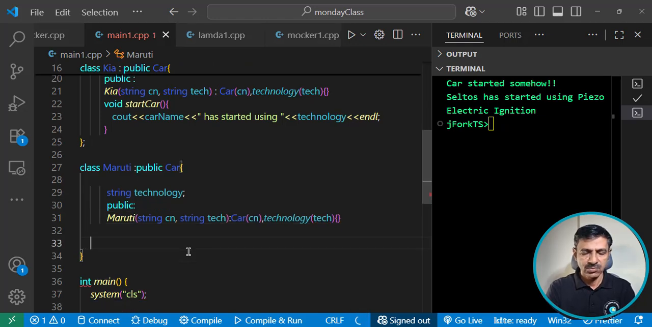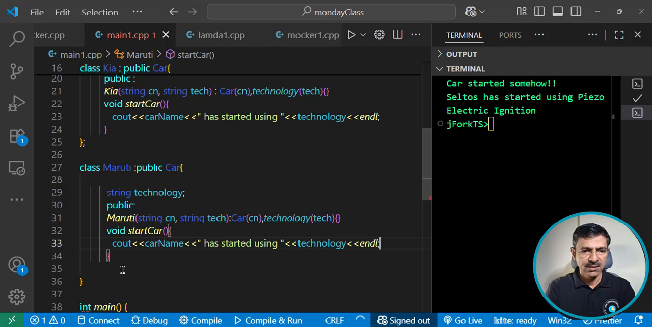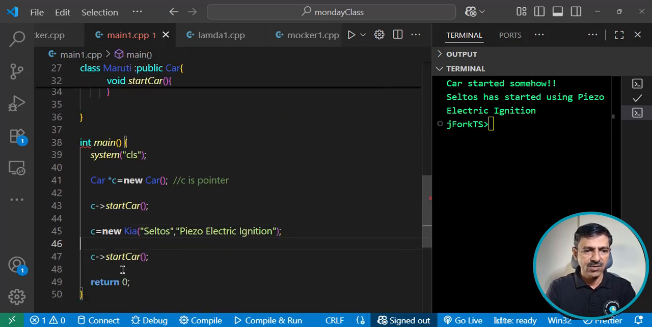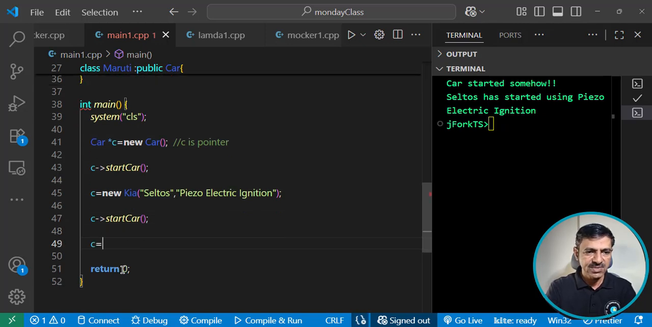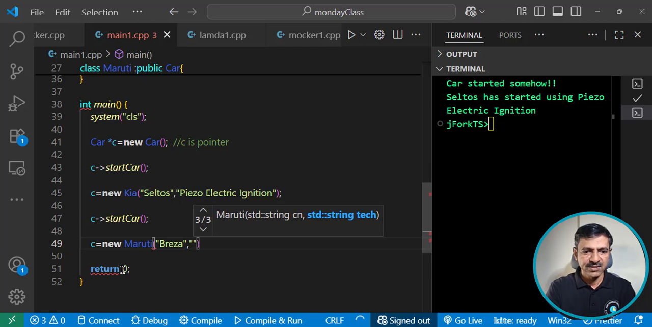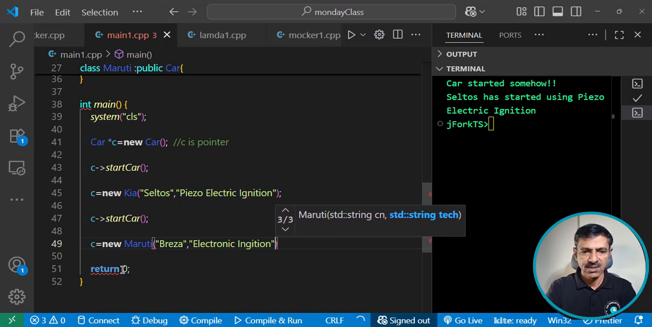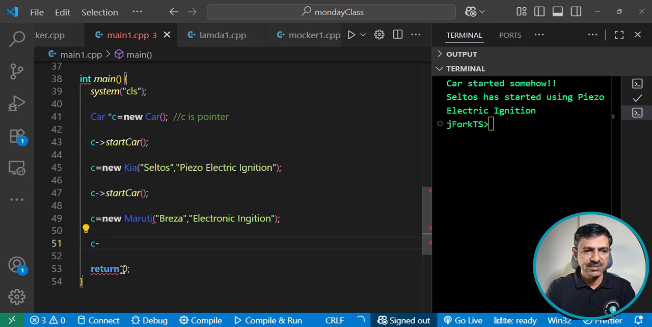Now, how a Maruti car starts depends on their strategy. If I say start car here, and when you create an object of Maruti car, the technology used may be electronic ignition. So let's see whether that can be done. I create an object of this, let us say Maruti model Brezza, and then here I say electronic ignition, right? And now if I say C arrow start car,